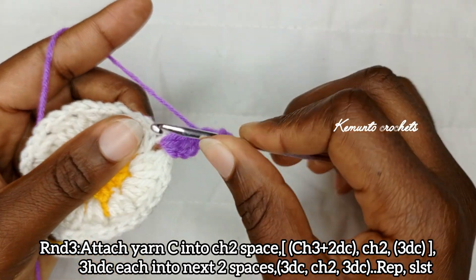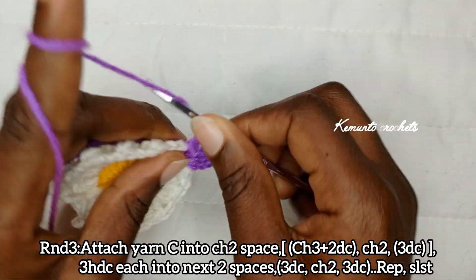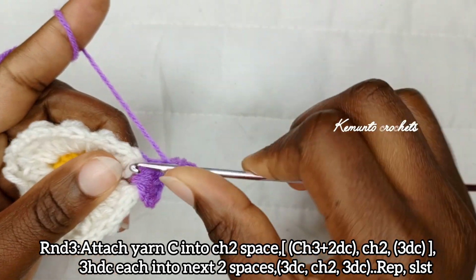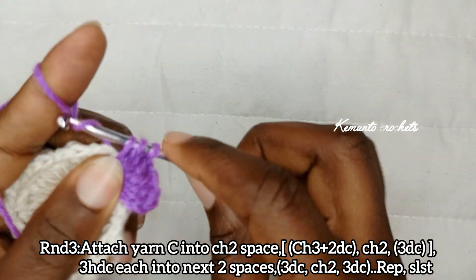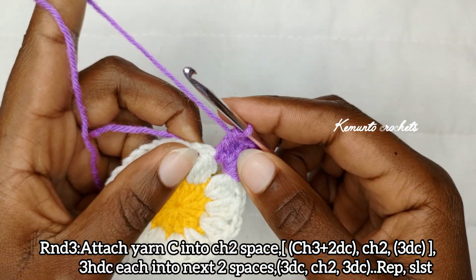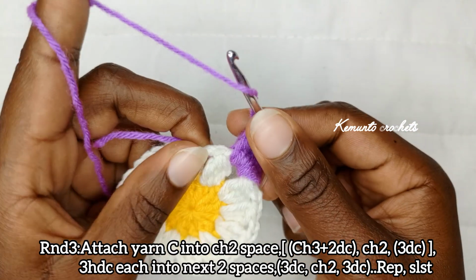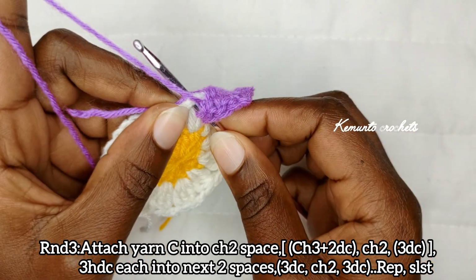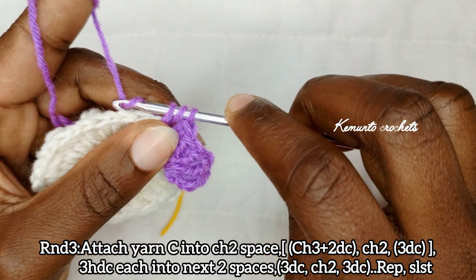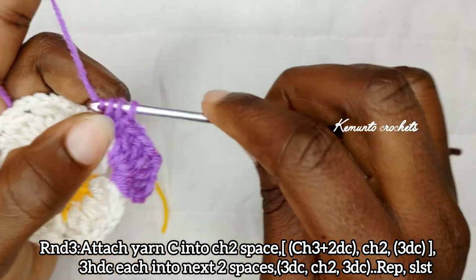So 1, 2 and 3. So this creates a corner, and into the next chain 2 space, place 3 half double crochet. To half double crochet, yarn over, insert your hook into the space, yarn over, pull up a loop. You have 3 loops, yarn over and pull through all the 3 loops on your hook. So place 2 more half double crochet into the same chain 2 space,